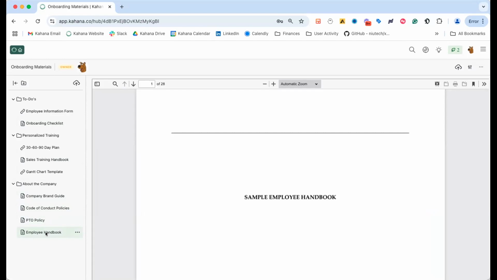Where you don't necessarily just have to have a standardized check-in 2 weeks out. If someone goes through all of this stuff within a week, you can definitely